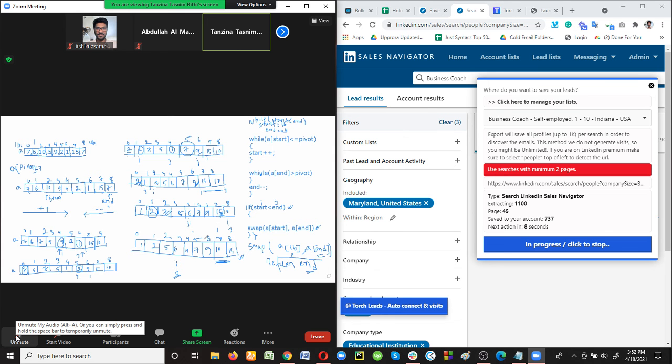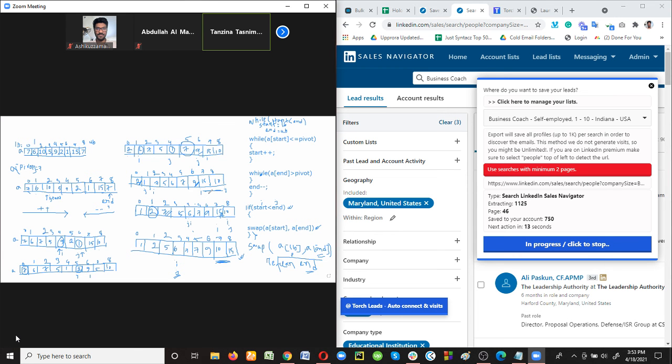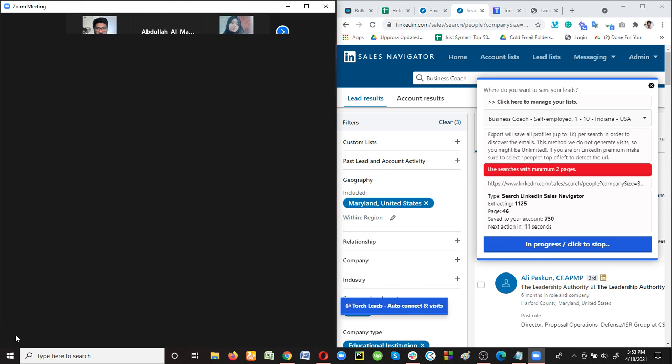Okay. So I already told you what is the time complexity of this quick sort algorithm. For worst case, time complexity is order of n square, and for average case or for best case, it's order of n log n. Okay, so that is quick sort. And another one was merge sort. So did you solve the merge sort algorithm?